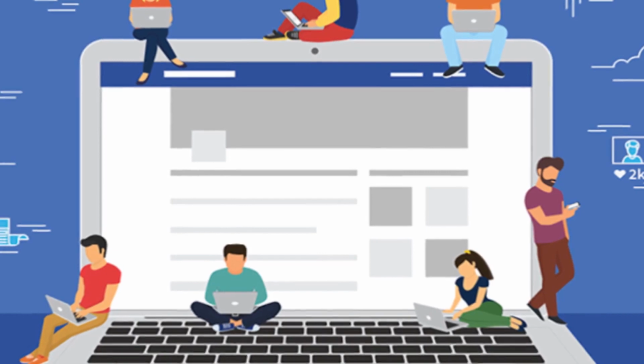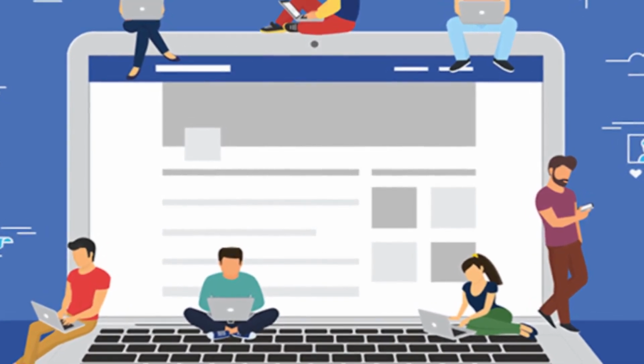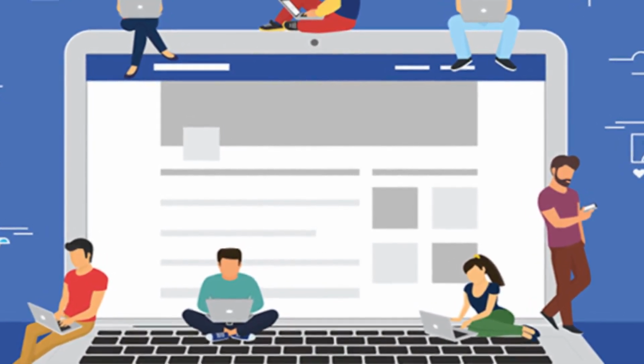So think about each platform in a way that you're talking to different people. You're going to be talking to your friend a lot differently than you're talking to your parent, and a lot differently than someone you're talking to, like a police officer. You're going to be really nice to your police officer. But think of it that way. Each platform is going to have a specific type of person.